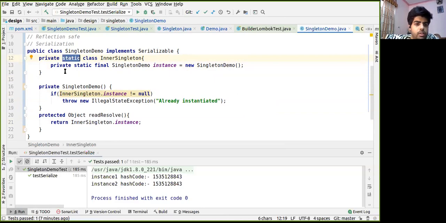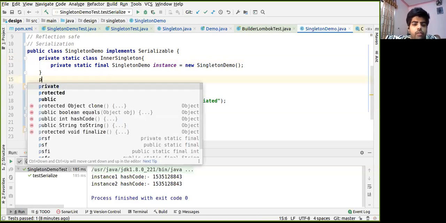So the instances inside the class could be used outside in the same class. But how do we make it public and how do we make it global for other use cases? So we'll have to create a method.